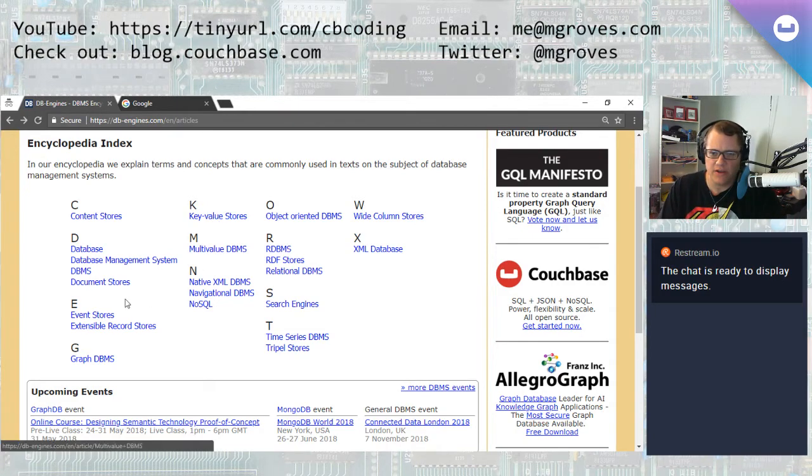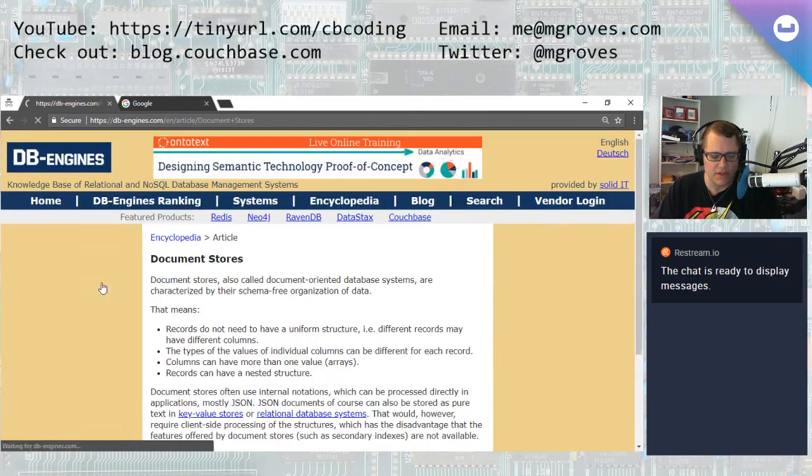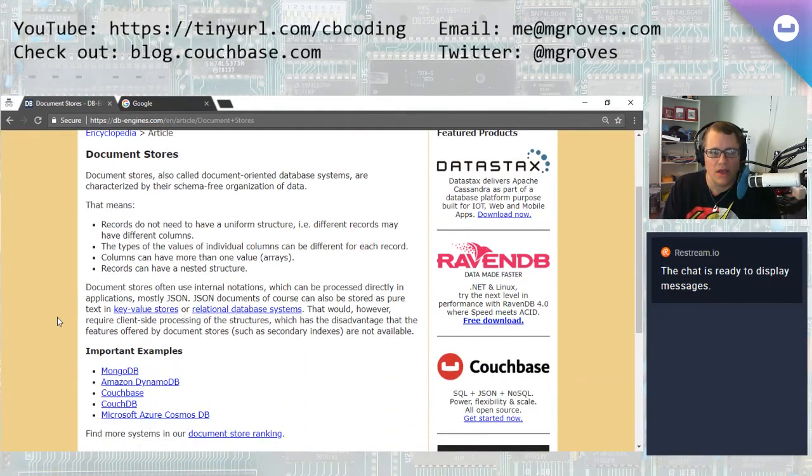So let's go from key value to document. You can think of document as a special case of key value, or perhaps a more advanced version of key value. The idea here is you still have keys and you still have values, but the values are some sort of defined format, and typically that means JSON. But it could also be XML or YAML, or whatever other defined format.